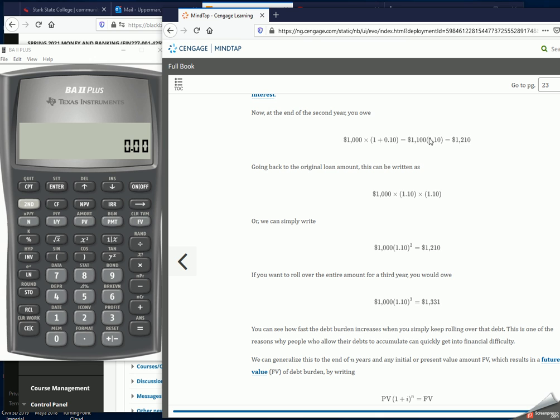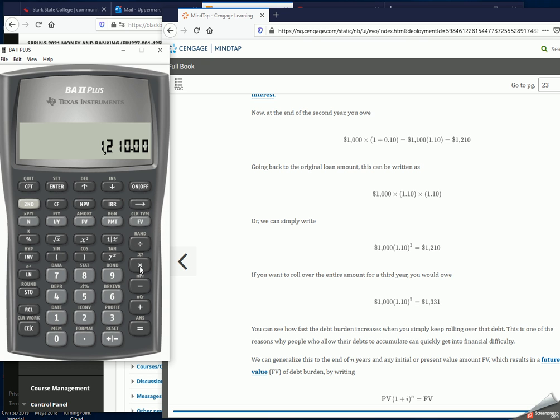So this 1.1 is just saying you still owe 100% of what you borrowed, plus a 10% return on interest. You could also say, if I had $1,100 and I'm paying 10% interest, it's going to be another $110 added to my loan balance. So it was $100 in year 1, my balance went up, which made my interest amount go up, so I'm up to